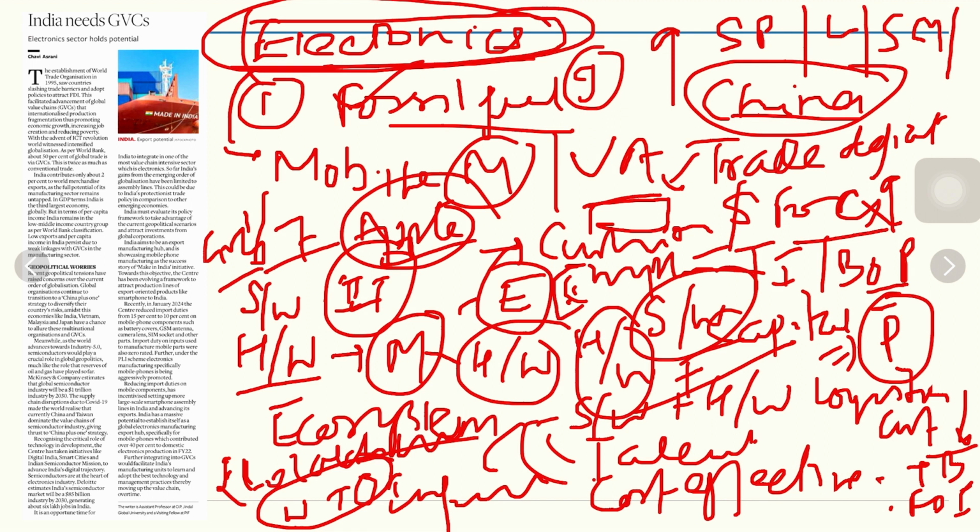And the countries which were having efficient and cost-effective production of a particular product category were able to produce them in their own countries, and they were able to sell it. So the global value chains got established. As of now, India's contribution to the world's exports is only 2%.